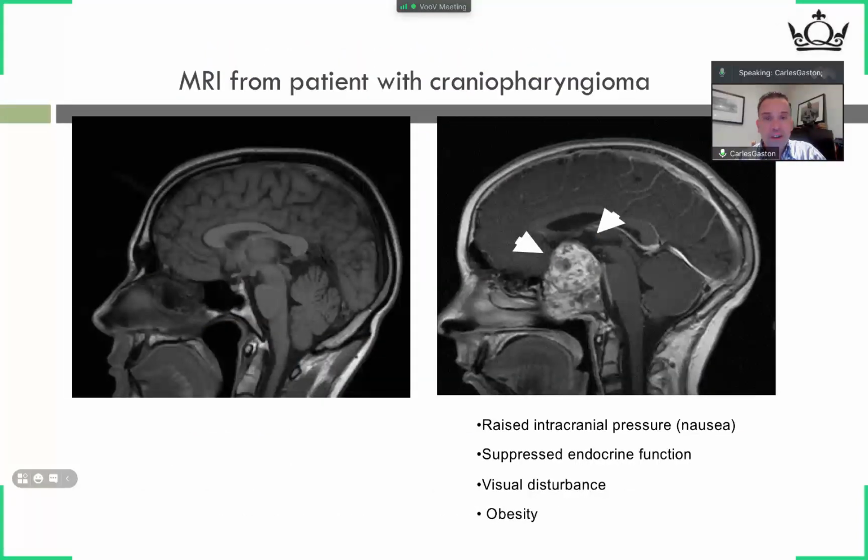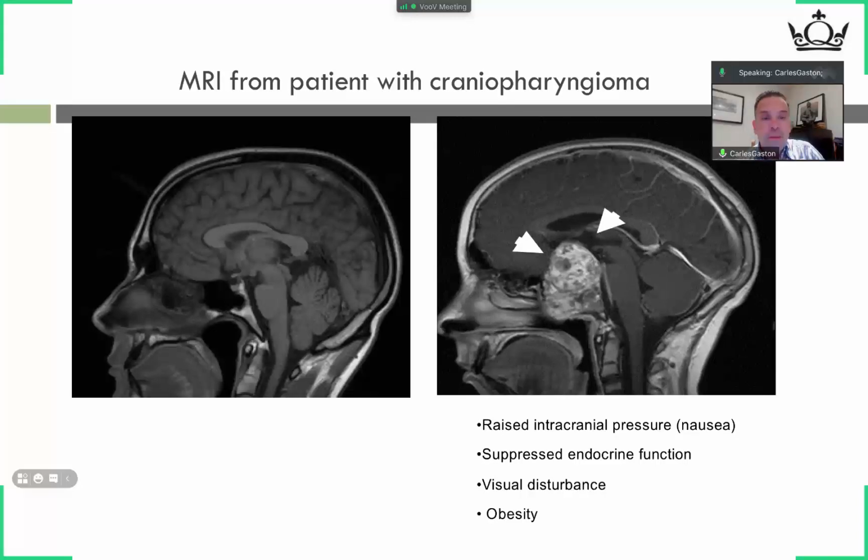This is one of the craniopharyngiomas of our patients. It is another type of tumor. We will not study it in this session because we don't have enough time, but you can see the big tumoral mass on the MRI here growing in the hypothalamus pituitary area. Remember, this is a sagittal section on the MRI. We can see the brain, the corpus callosum, the third ventricle, the hypothalamus in this area, and the pituitary just there as a bright spot. However, here the patient has a big tumor mass.